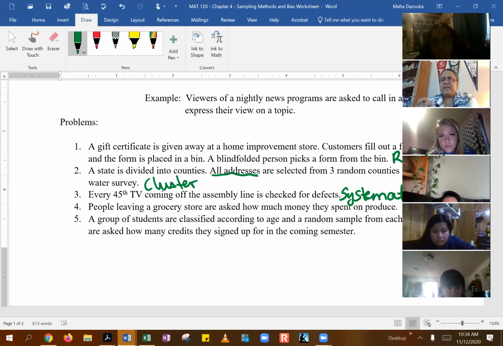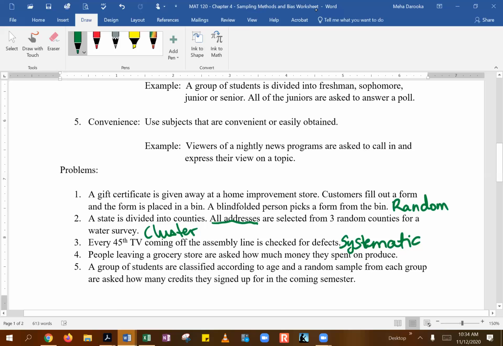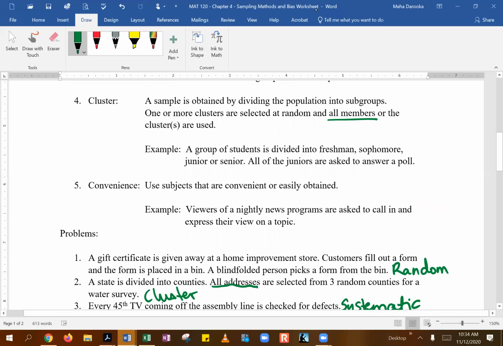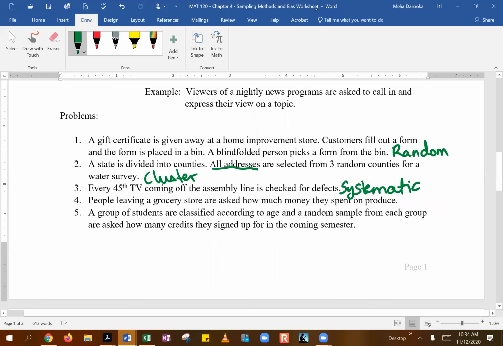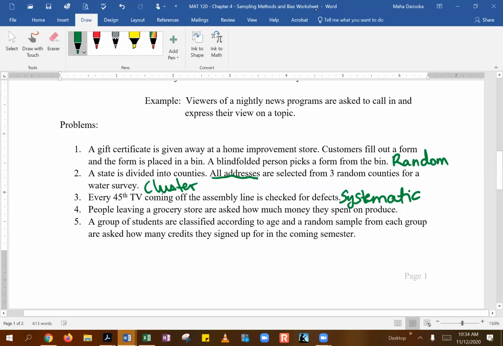Yeah, because that's honestly the easiest way to pick your sample, and that's what they're talking about. Use subjects that are convenient or easily obtained. And that's probably okay if you just want to get a general idea, but convenience sampling, honestly, is not the best sampling method to use, because it will give you a lot of biased results, and we'll be talking about biases here in a minute. So very nice, this guy is convenience